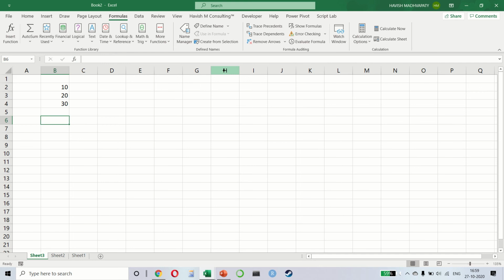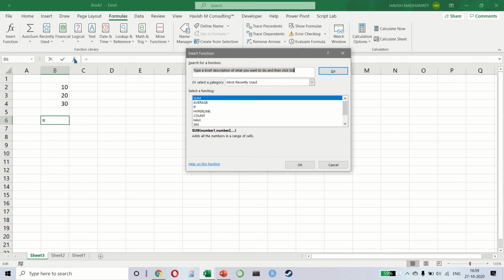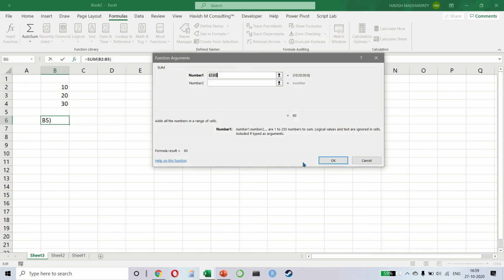Watch again. If you notice, I don't have anything selected right now. If I click on insert function and I say sum and I press OK, it is smart enough to detect that I have values in B2 to B5 and it is selecting it. But why is it selecting B5 despite the fact that there is no value in it? It says 10, 20, 30 and 0. It thinks that you want to select all the 4 even though we want to only select 3. But if you want to make a change, you can always do that.